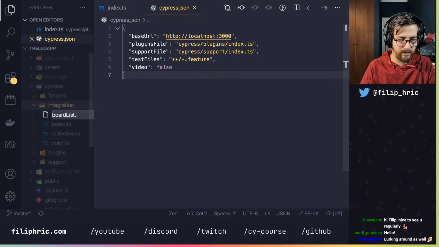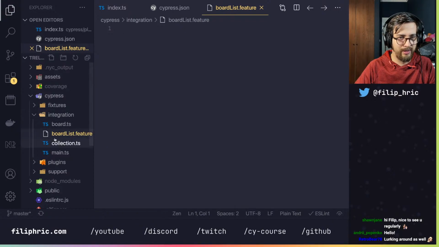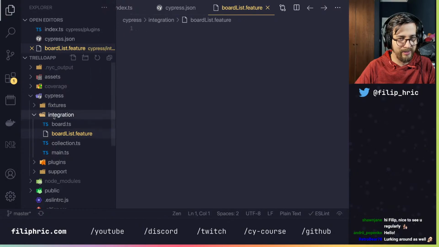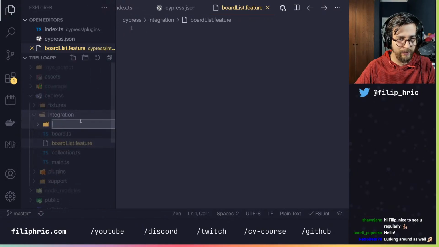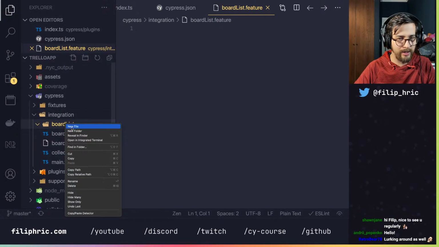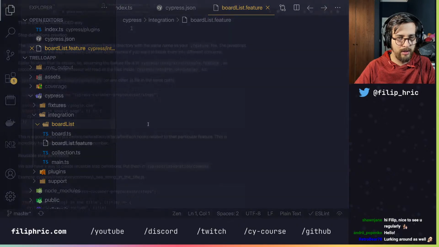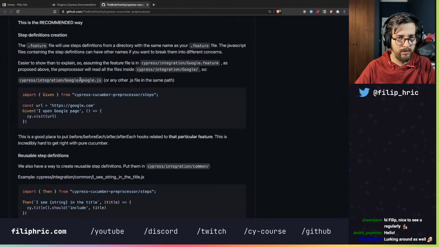So that would be just a page, and it's going to be feature. Doesn't have an icon. That's annoying. Okay, and I'm going to create a folder which is going to be board list, and inside this I'm going to write, what should I name this? It's a Google.js